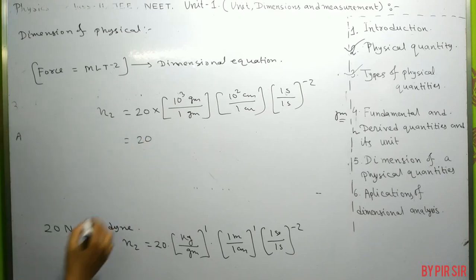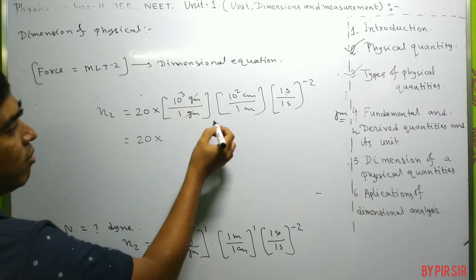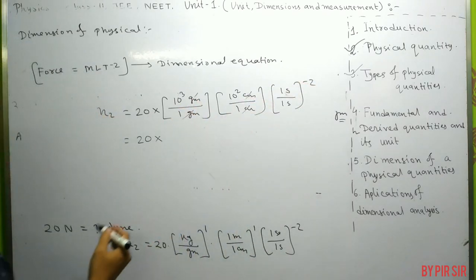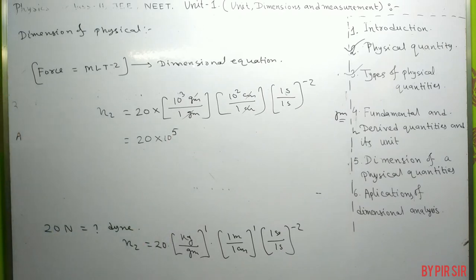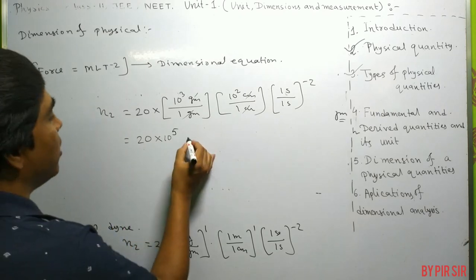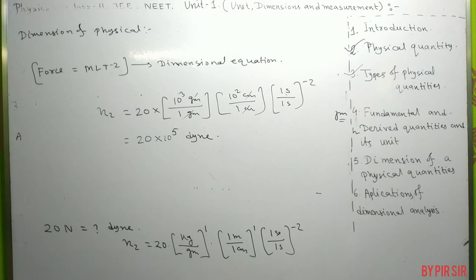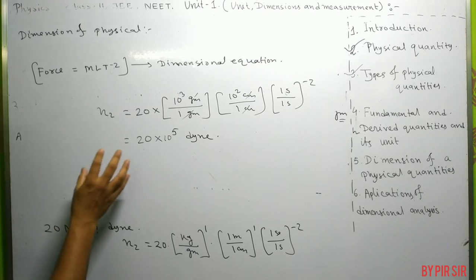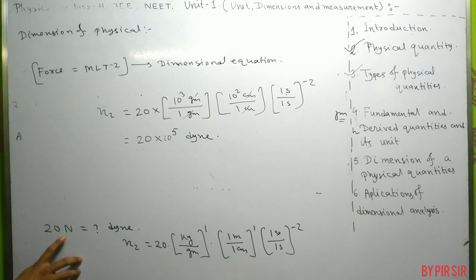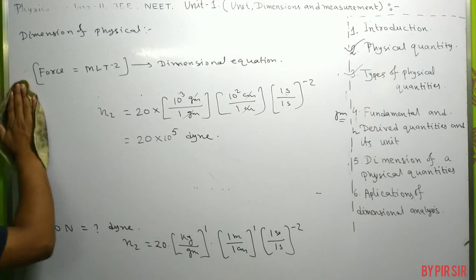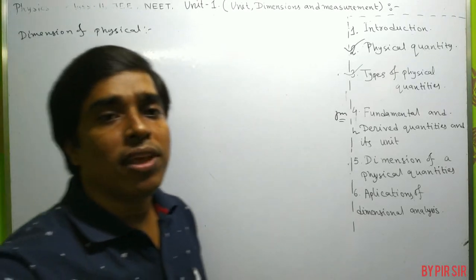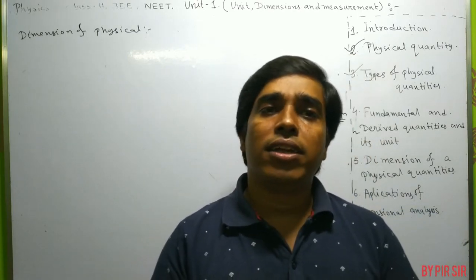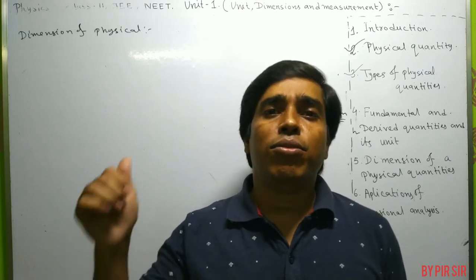So it will be 20 into, here gram cancels out, cm cancels out, and second cancels out. That means it will be 3 and 2, 10^5 dyne. So you can easily convert the unit system. In the SI system, 20 newton equals 20 into 10^5 dyne. In this way you can convert the value of one system to another system. This is the application of dimensional analysis. In the next lecture, we will discuss the problems related to the